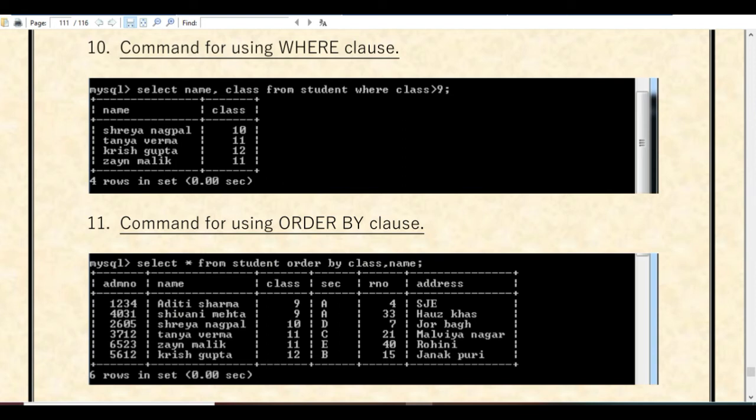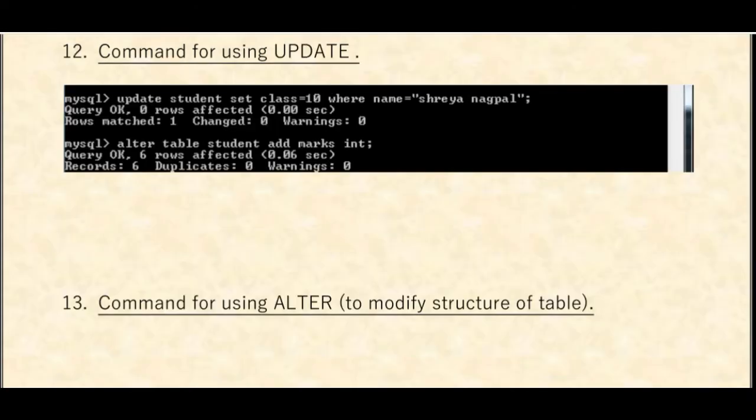On the basis of that, the table will be displayed in a particular order, it will be arranged in order. Like in this scenario, first 9th class students are displayed, then 10th class, then 11th class, and then 12th class. So it is arranged in a sequence. Similarly, section wise, first all the students who are in section A are displayed, then B section, C section, D section.